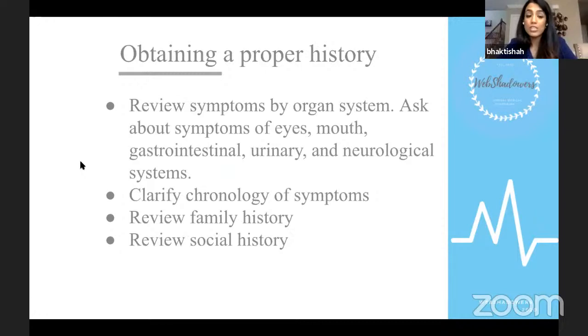So for her, just listening to what she described as her symptoms, there are clearly multiple organ systems that seem to be involved. So getting a full review of systems is going to be critical. For my med students, you may have already gone through courses where you are taught how to obtain a review of systems. When I was in medical school, I had one of those sheets that I used when I was doing my patient practice interviews, starting from the top down: constitutional, eyes, ears, nose, throat, all the way down. I have this in my head now after all these years, and I will go through that with my patient.